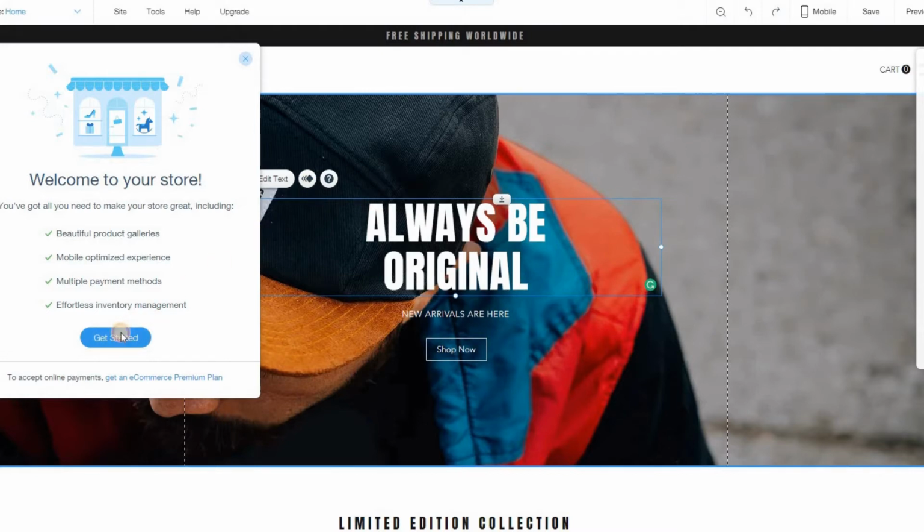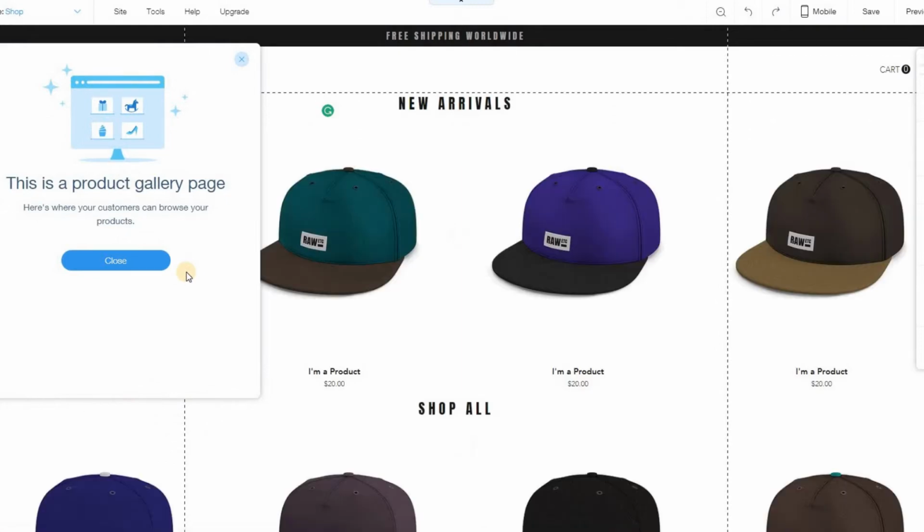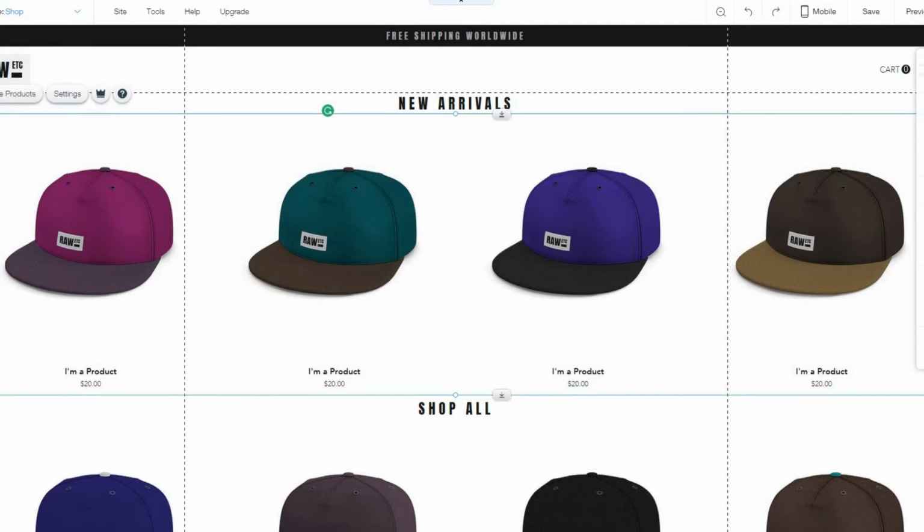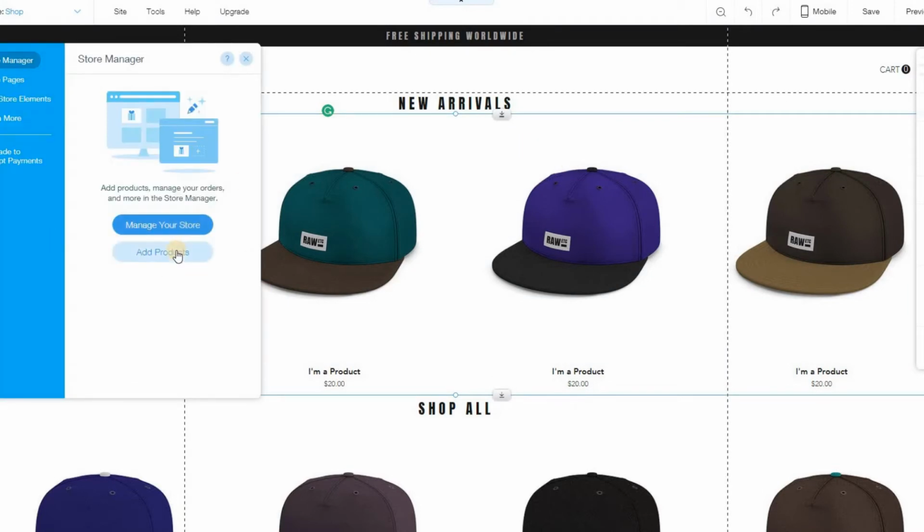If we click on the Get Started page, this is a product gallery page. We can close that, and you can either design and drag certain elements on your online store, or you can manage your store and add products. As you can see, it's quite different from Shopify. They're both pretty easy to get products up on the websites and start selling, but in general